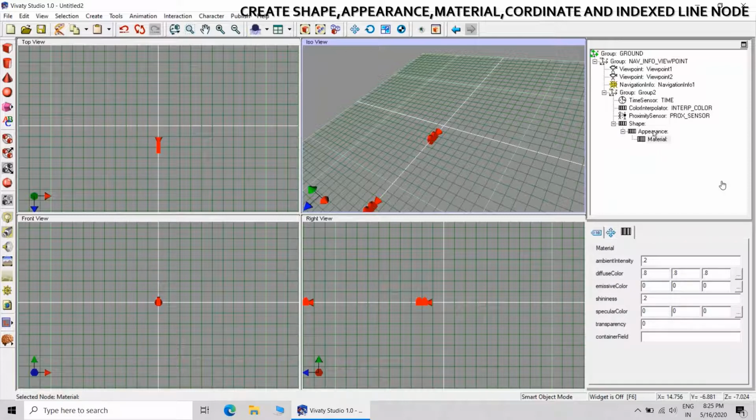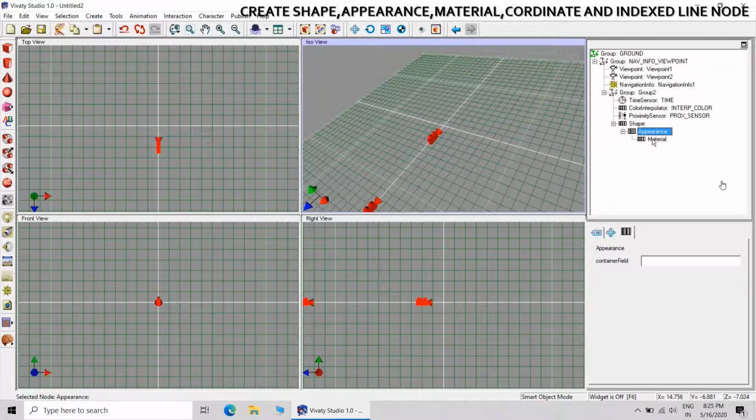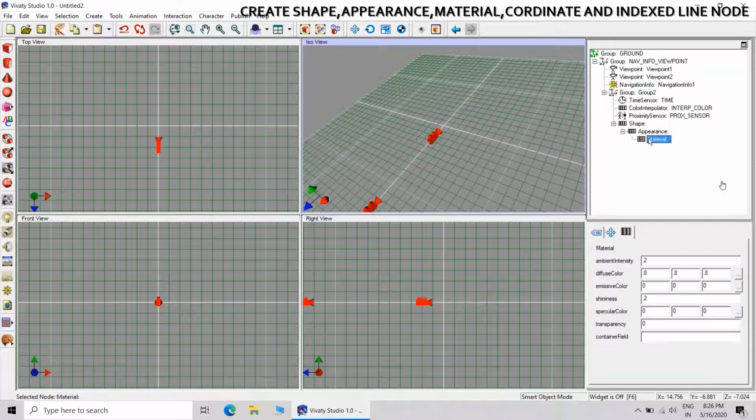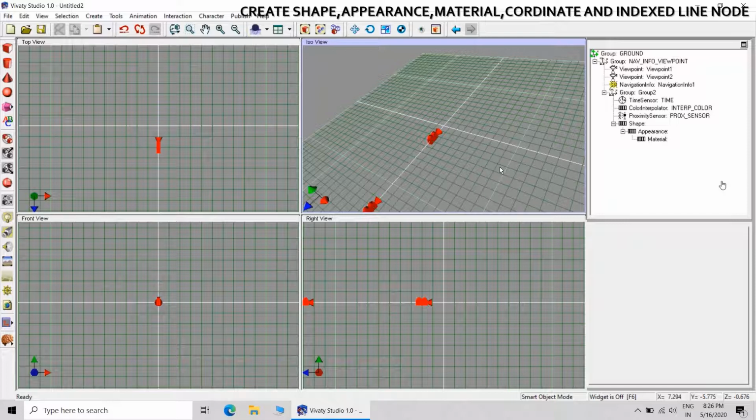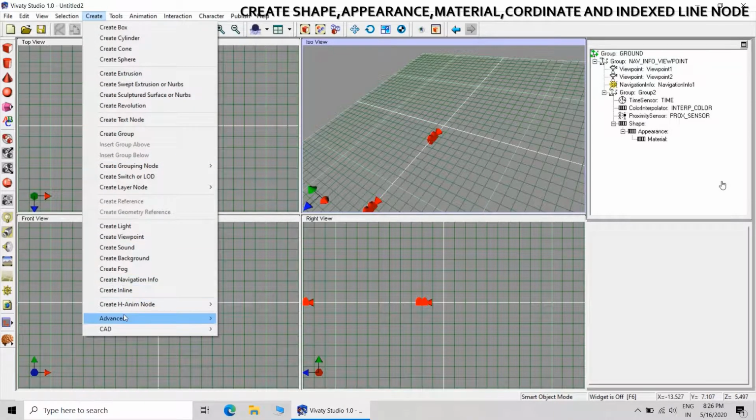Then create a material node below the appearance node. This is the material node, and in the material node emissive color should be 1 1 1. That is very much required. You can later on change it, but it should be 1 1 1.